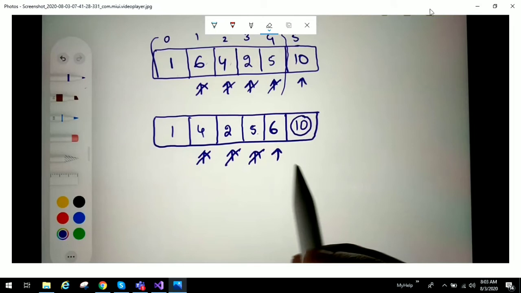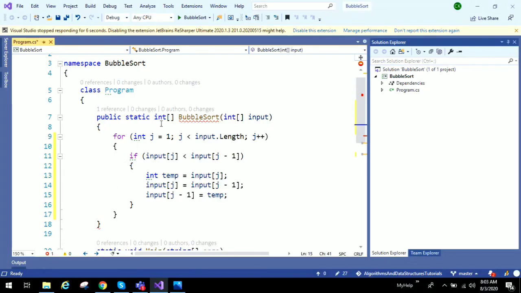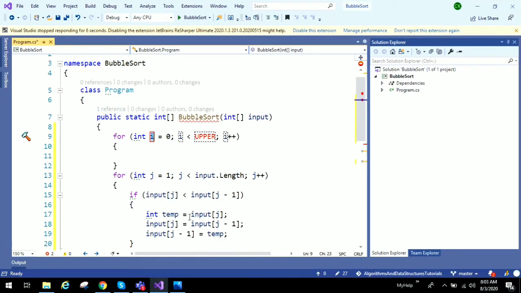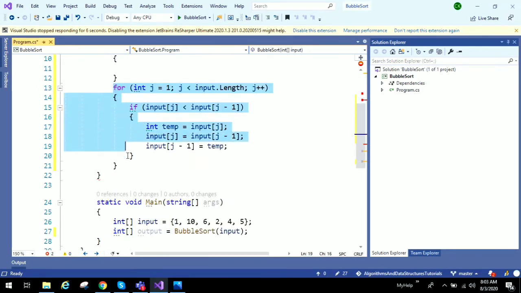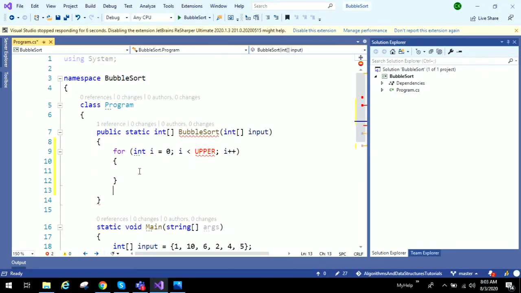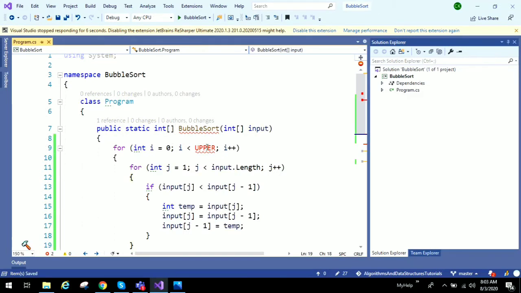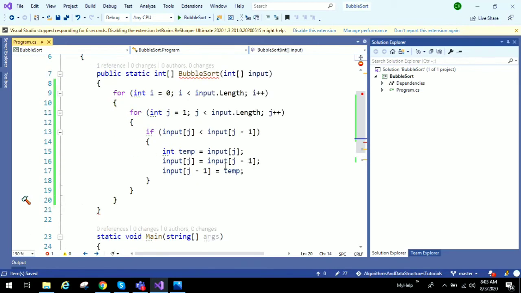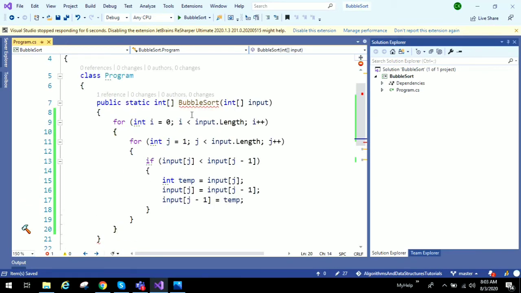So to repeat this process, we need one more for loop. This for loop runs till the end of the array. And here is one optimization. We are done with the algorithm, and actually this will work, but we will do some optimization here.